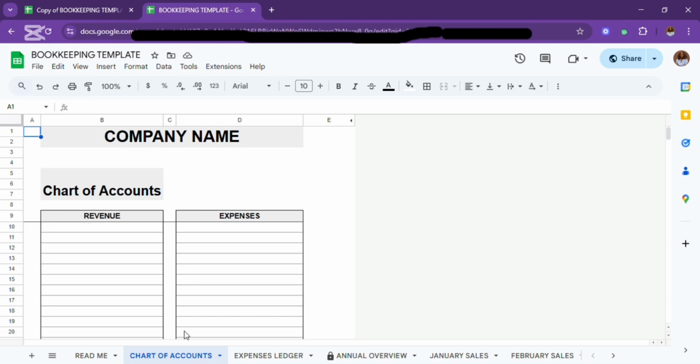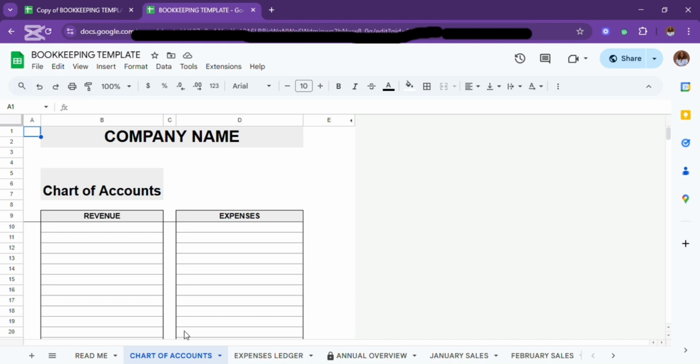So this chart of accounts is simply a place where you group your revenues, the sources of your revenues, those things that bring money into your business, the streams of revenue or income. So let's say you're selling only shoes, you have different colors of shoes, or you're selling wigs, you have different types of wigs, you name your wigs. You sell medicine, you list anything at all, those products or services you render that bring money